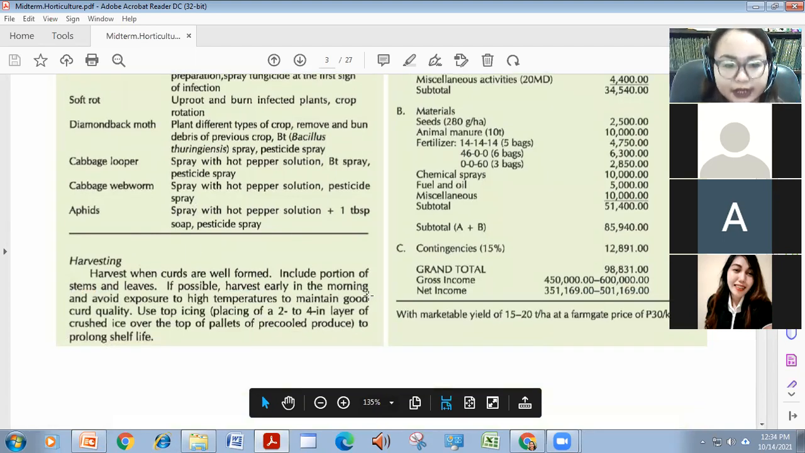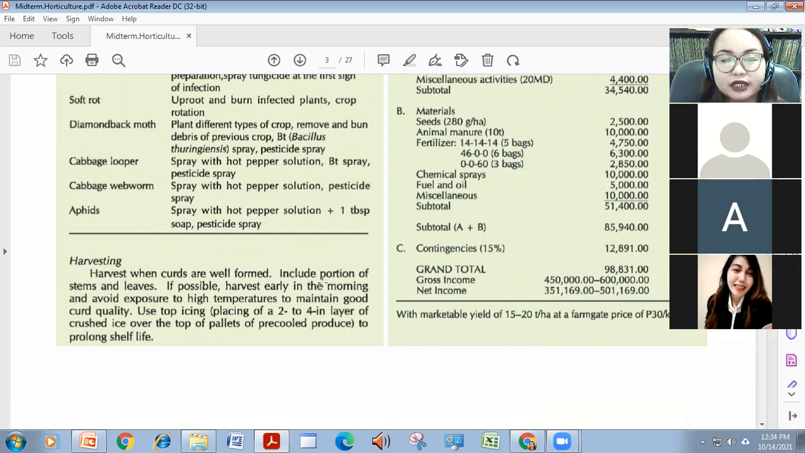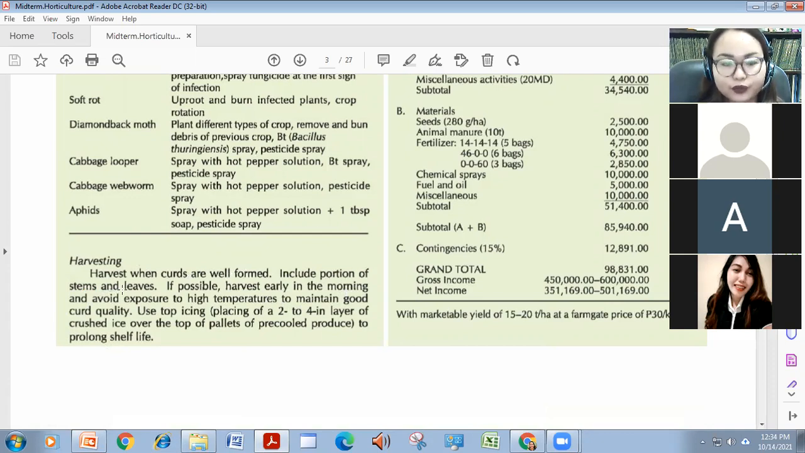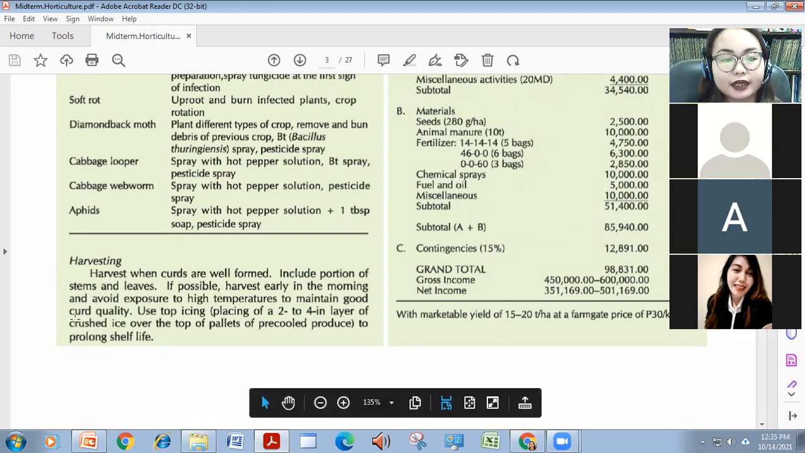So when do you harvest now? So when curds are well formed, buo na siya, no? Kita nyo mamaya sa video. And include a portion of the stems and leaves. Hindi pwedeng yung flower lang or yung curd lang kunin nyo. So that is also to protect them for post-harvest, no? So harvest early in the morning and avoid exposure sa mainit to maintain curd quality. So you can even use top icing, 2 to 4 inch layer ng crushed ice para ma-pre-cool siya, para ma-prolong